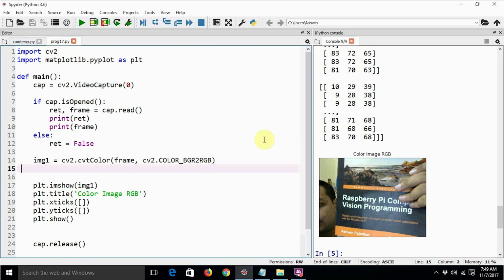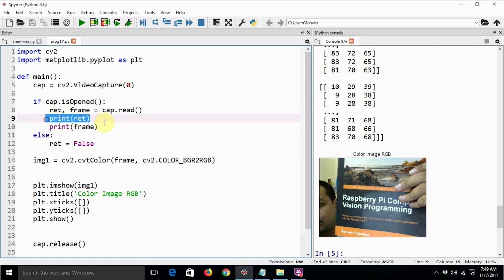Let's revise whatever we have learned. cv2.VideoCapture of a number is the function that we use for associating the webcam with your Python program and creating an object corresponding to a webcam. We can have multiple objects. Then cap.isOpened is going to check if the camera is connected properly or not, and cap.read is used for returning the status of your operation, whether it's success or failure, and the frame is stored in a variable.